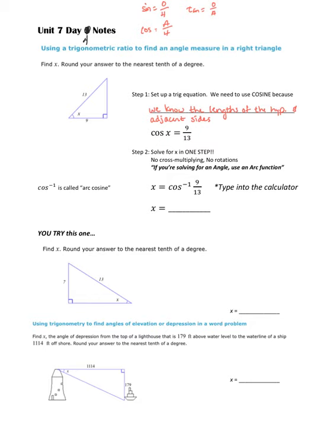Now, when you've got cosine x equals 9 over 13, you do not cross multiply. This is even easier than that. We're going to do something called the arc cosine. The arc cosine is sort of kind of an inverse. I'm not going to get into the trig details, but if you are using your Alex calculator, you're going to click on the button that shows cosine to the negative first power, and you're going to put in your ratio, 9 divided by 13. That's what you're going to do. Put in your ratio. Equal sign, and you're going to get